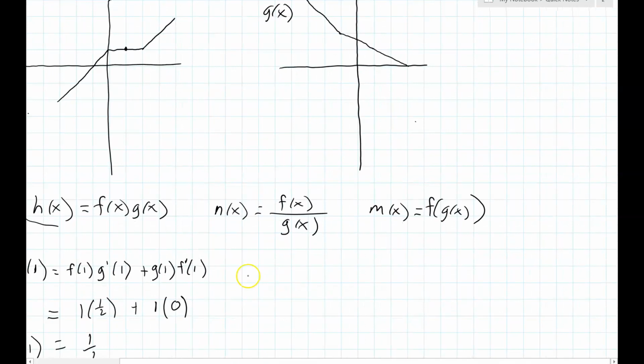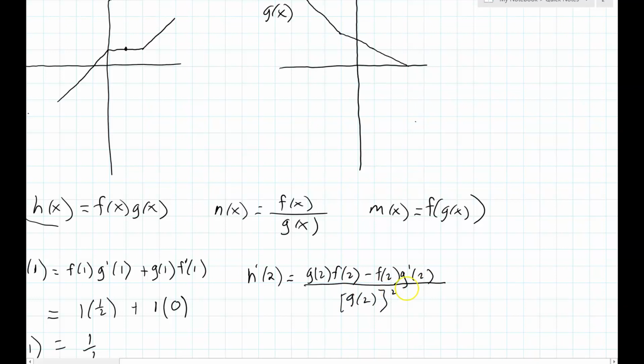Okay? Likewise, when I find the derivative of n, that's going to be the quotient rule. Let's do it at 2 just to spice things up a little here. So that would be low, g evaluated at 2, times d high, so f prime at 2, minus high, f of 2, times d low, g prime of 2, all over g of 2